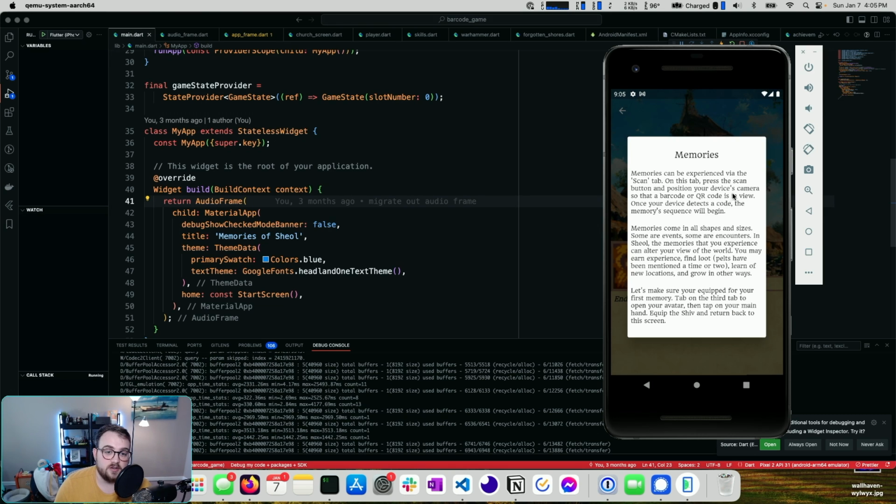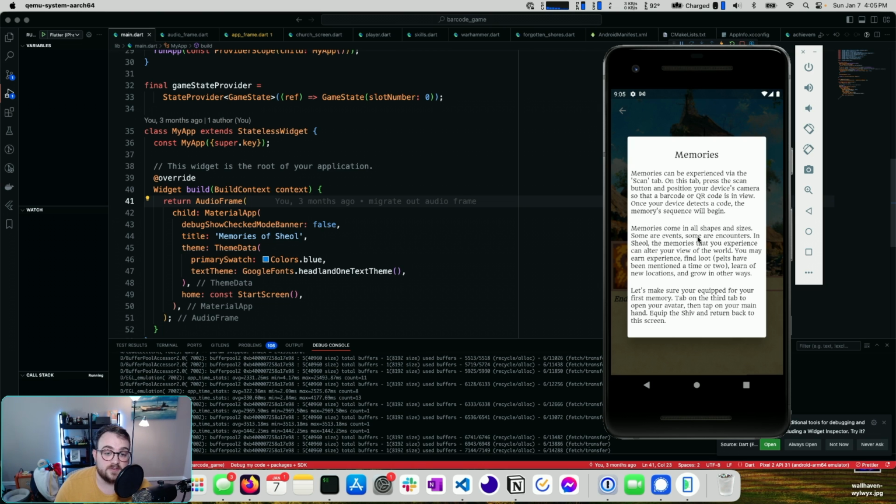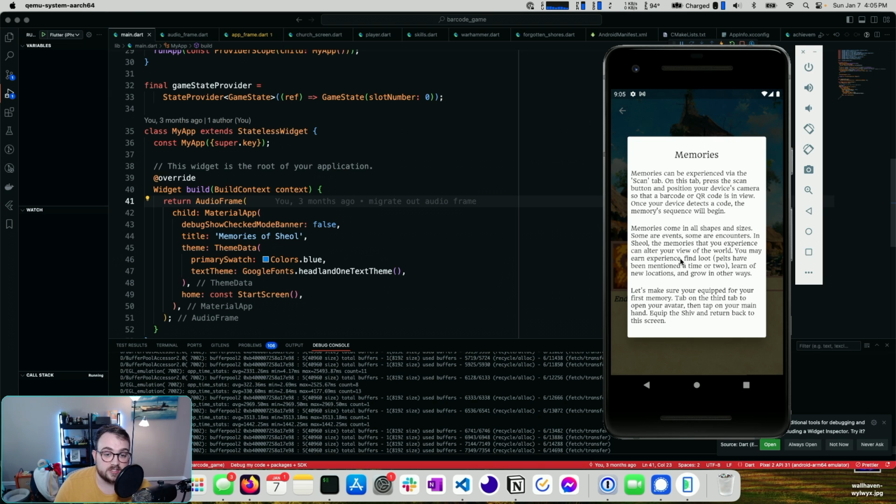So you can scan a barcode or a QR code. Once it detects a code, the memory sequence will begin. Memories come in all different shapes and sizes. Some are events, some are encounters. In Sheol, the memories that you experience can alter your view of the world. You may earn experience, find loot, pelts have been mentioned a time or two, and learn of new locations and